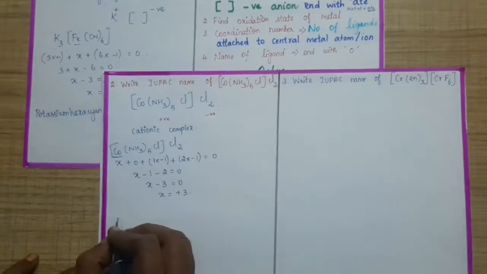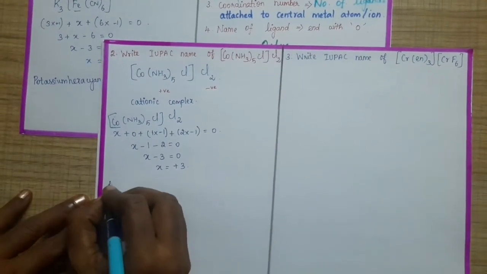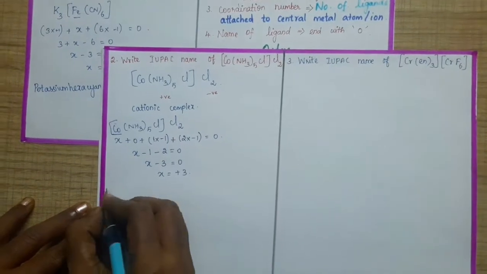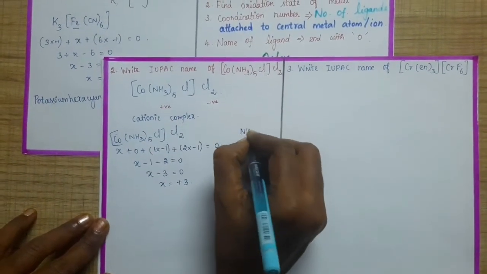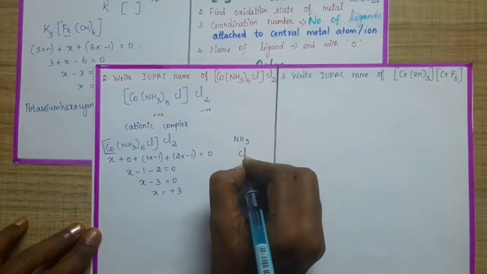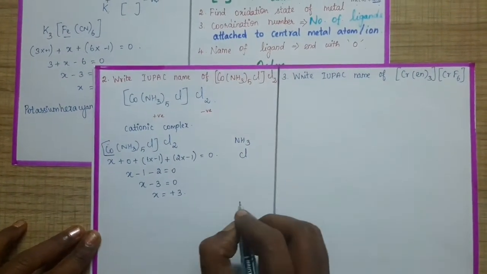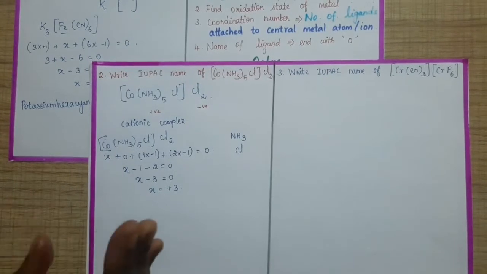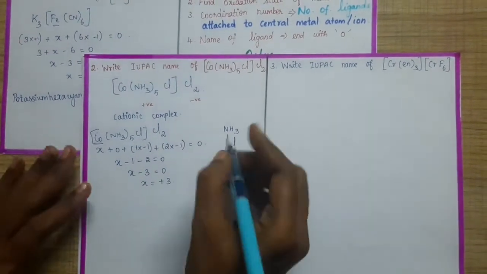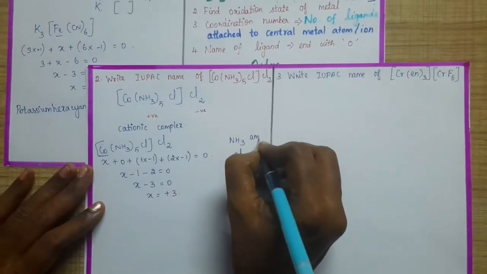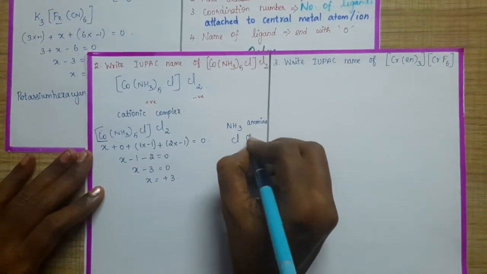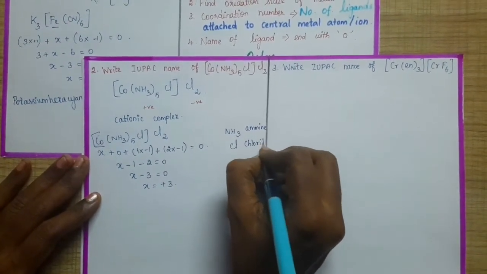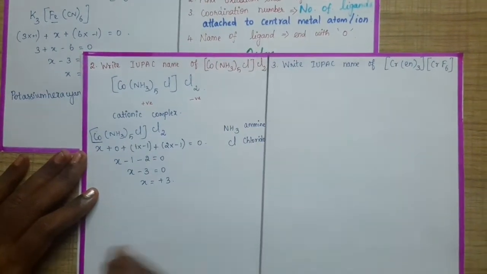Now you just name this compound, cobalt. Okay. What are the two ligands given here? One is ammonia, another one is chlorine. So first of all, you must know what name each should be given. Ammonia can be named as ammine. And then chlorine can be named as chlorido. The IUPAC name is chlorido.